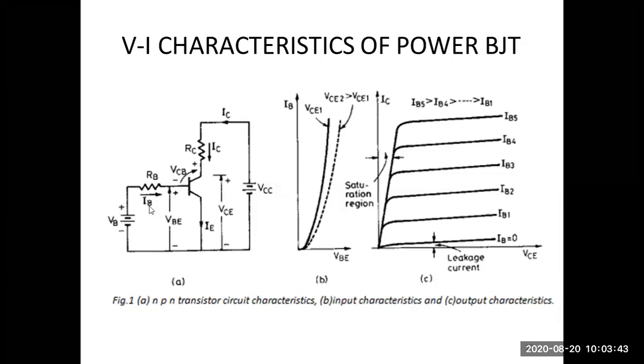Listen carefully. This is the base part. Here the arrow is indicated downwards, which is the emitter, mostly connected to ground, since we have preferred the CE configuration. This is the collector terminal, considered as the load terminal, where the load is connected. Coming to the remaining terms, VB is the base voltage, and IB is the respective base current, the input current. This is the input for this BJT.